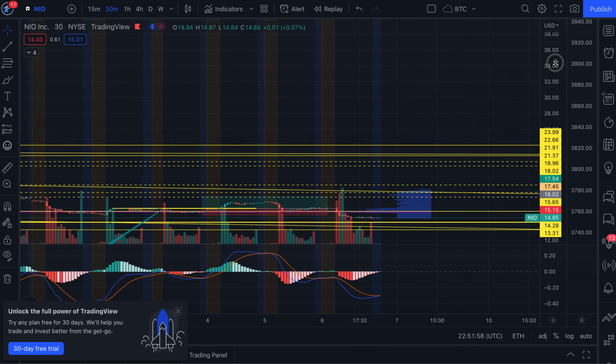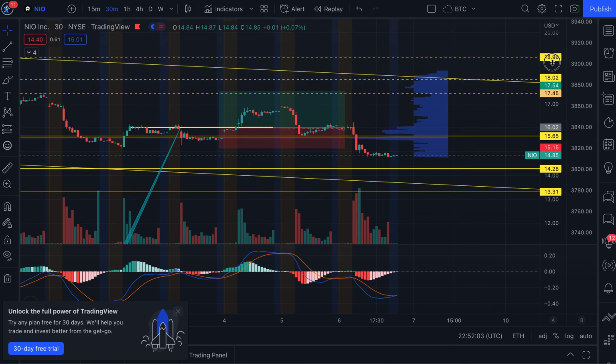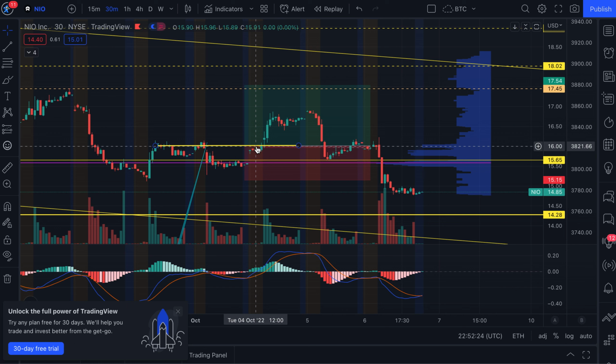Let me see if I can zoom in on this. And this is what our bullish play looked like. Now, if you recall, this was our long position. This was our long position here, with the start or the entry level right at around 16, which is where we had this previous line, this previous resistance. So what we did was,